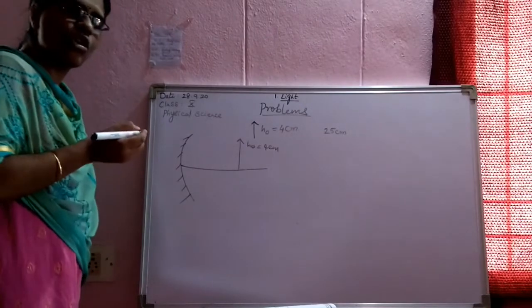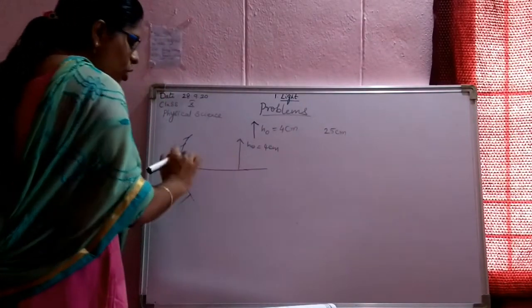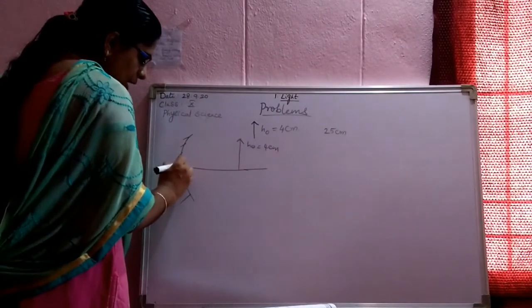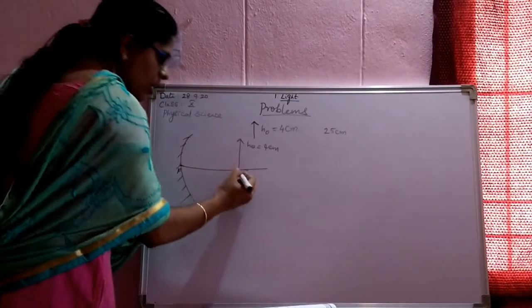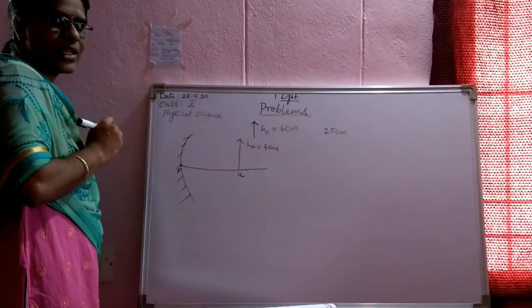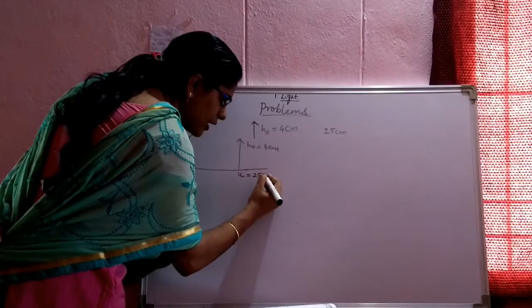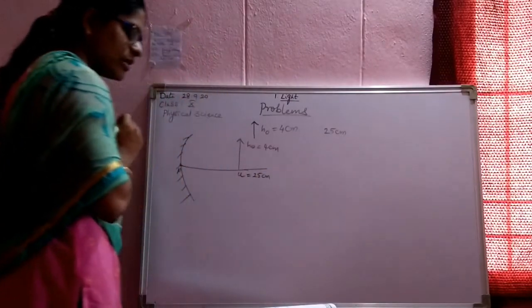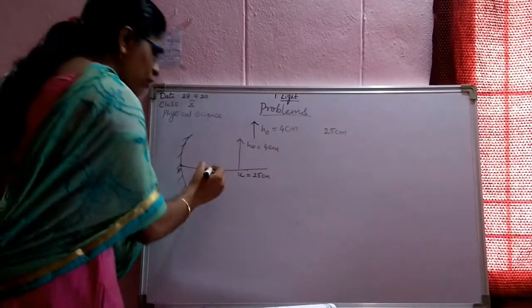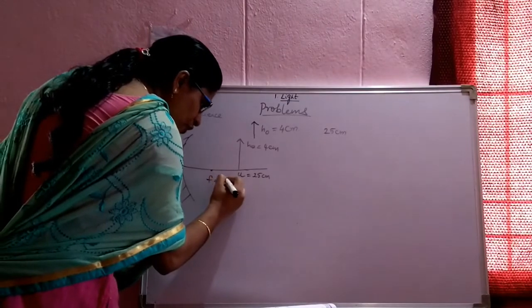An object is placed 25 centimeters from the concave mirror, in front of the concave mirror. What does it indicate? Pole. Object distance: I have told you, you must always measure it with U. It is given as 25 centimeters. The focal length of the mirror is given as 15